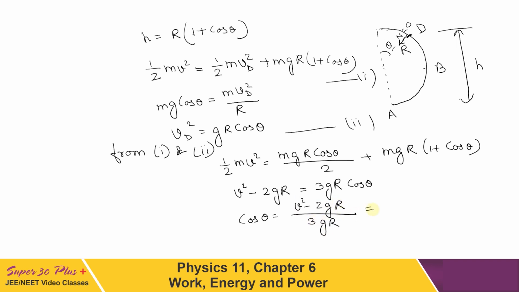Numerically, if we substitute all the values, it will come out to be 3 by 20. And then h can be written as r(1 plus 3 by 20), which is equal to 2.3 meter. So till 2.3 meter it will continue moving on the track, and after that it will lose contact with the